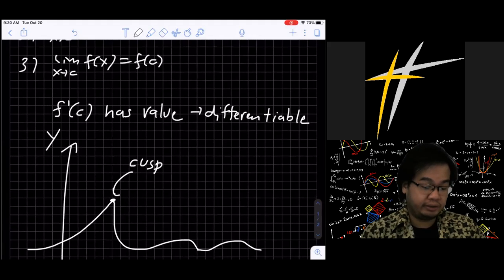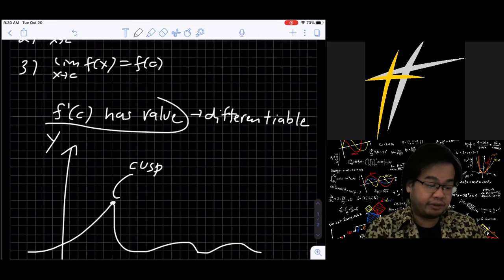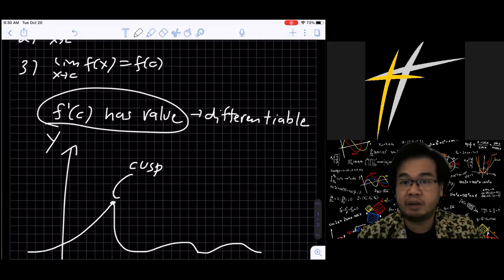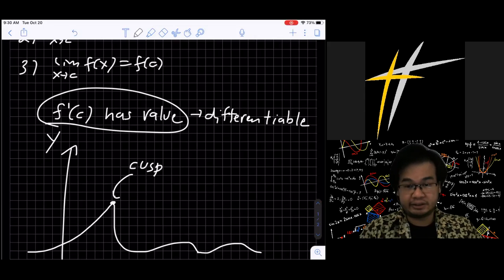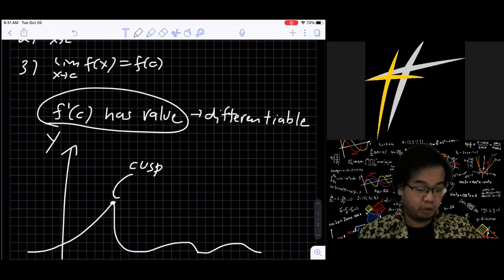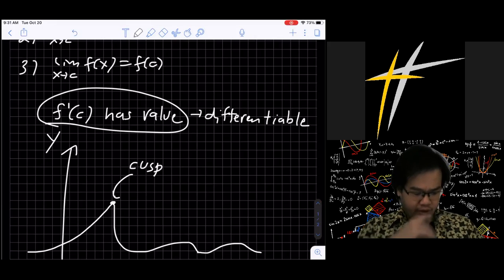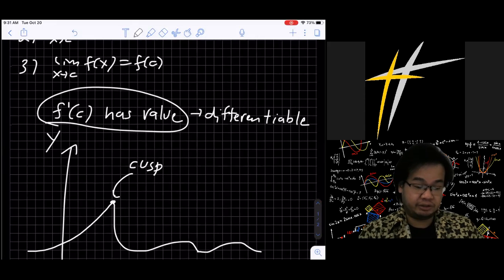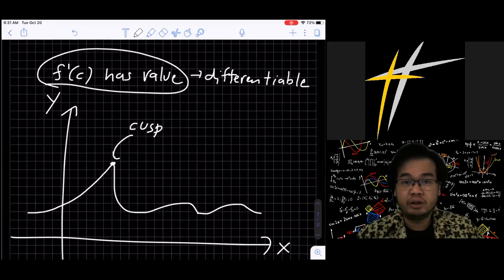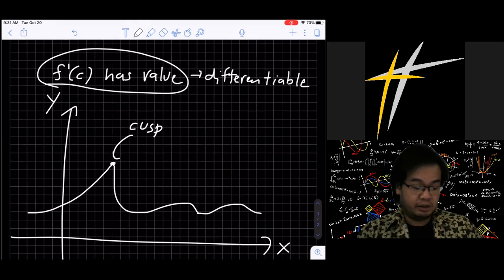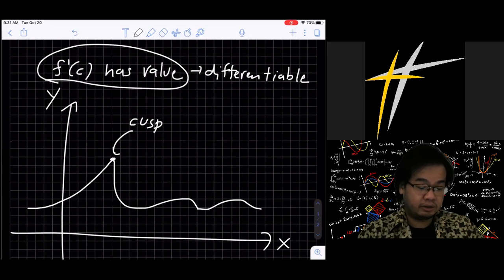Now, how do we say that the derivative has a value? Well, remember, the derivative comes from the limit, right? The limit as h approaches 0 of f(x+h) minus f(x) over h. So when we want to determine whether a function is differentiable at a certain point, we also need to see it by the definition of limit. The limit exists if and only if when approaching from the left and approaching from the right, they approach the same number. The same with the derivative.